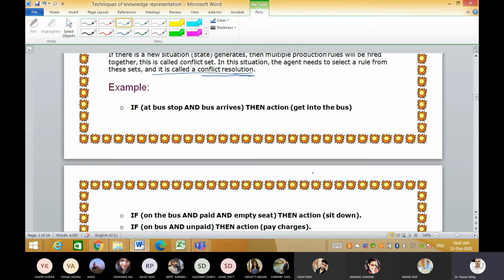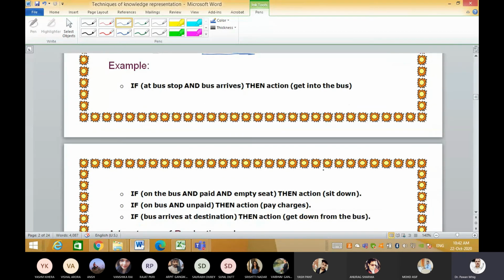And I would like to mention one thing here. Just give me another 5 minutes. I will close this lecture. See, there is fuzzy logic. There is one term called fuzzy logic, and it is very popular nowadays. And if anybody wants to do research, they can do research in this area. Now, I will just give you a hint here. Fuzzy logic is also a set. In fuzzy logic also there is a set of production rules.